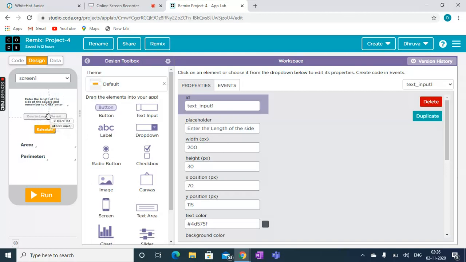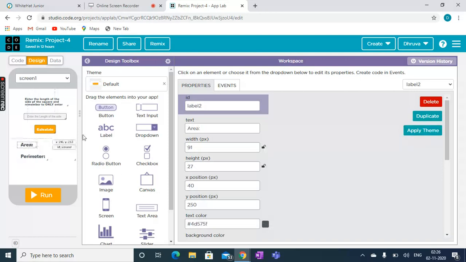There is no text, but there is a hint like "enter the length of the side". Now this is a button. As there is only one button, I'm keeping it as button 1 only, and its text will be Calculate.